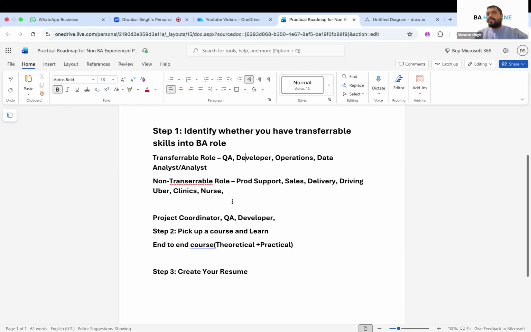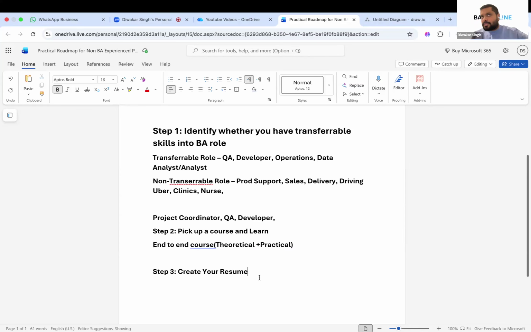Okay, so what I'm trying to say is, let's say there is an opening and it says minimum 5 years of experience you should have as a BA. Okay, and let's say you have 10 years of experience, and if you show all your 10 years of experience in operations, or as a QA, then your resume will not be shortlisted, because you don't have that 5 years experience as a BA. So I would suggest in that case, show 5 years as a BA minimum, and then the remaining 5 years as a QA, just to give you an example.